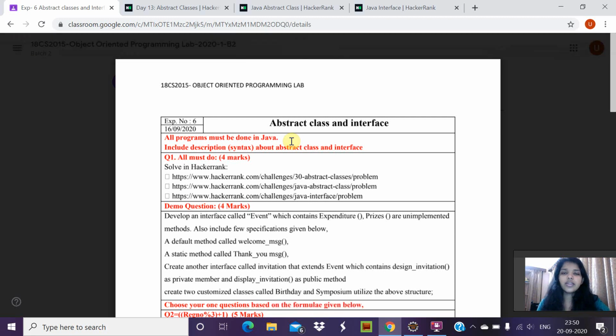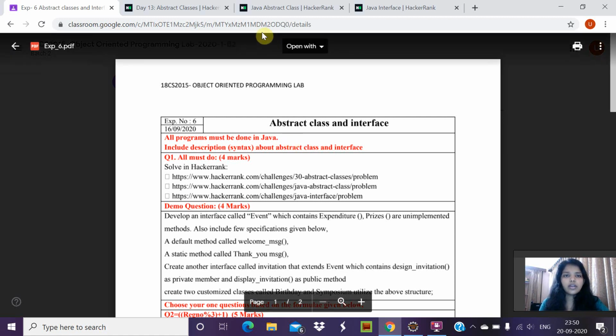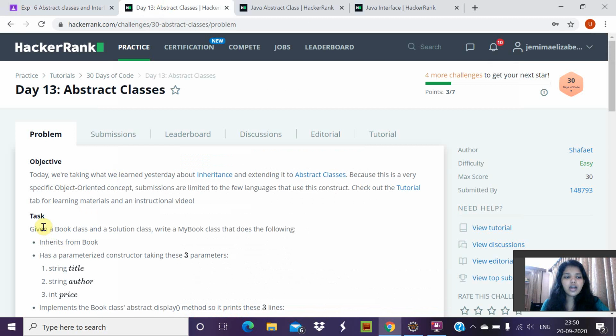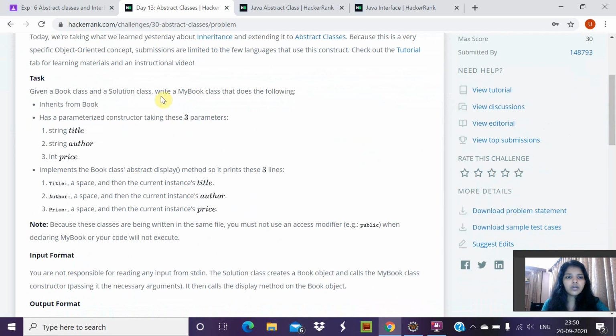This is URK 19CS1093, experiment number 6, abstract class and interface. Question 1 is a HackerRank program where the task is, given a book class and a solution class,